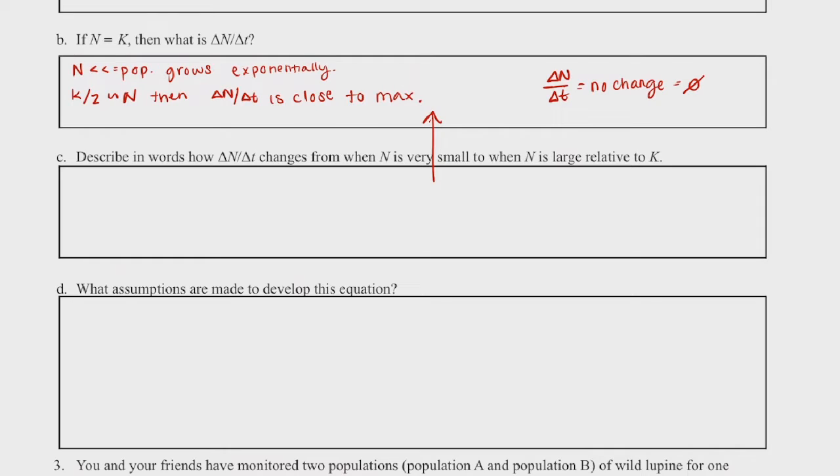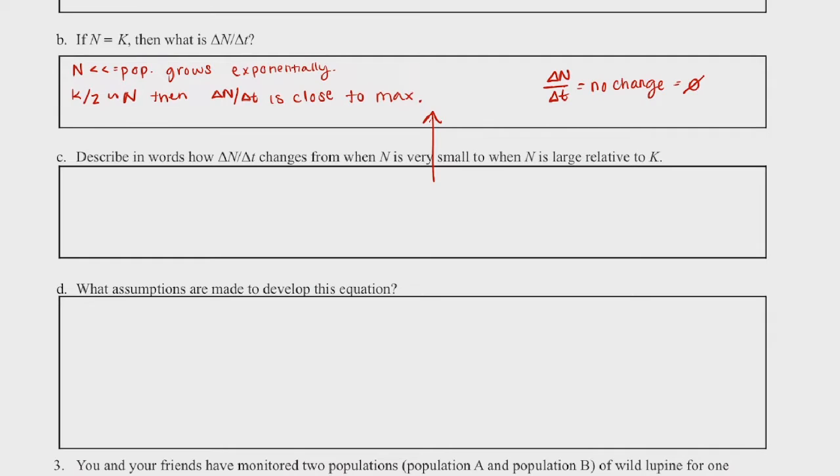So when the number of individuals is small, we have a lot of room to reproduce, to add to our numbers, and so the actual number of individuals added is small when the population is growing exponentially. And so because N is so small, when it nears the value of the carrying capacity,